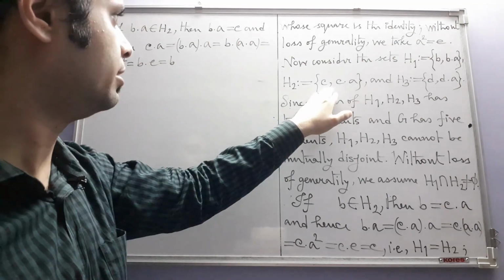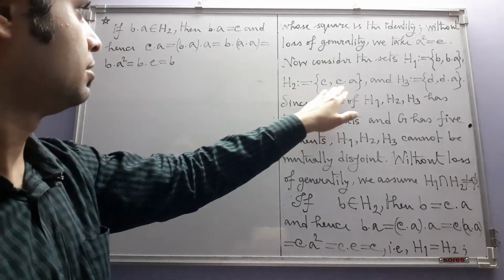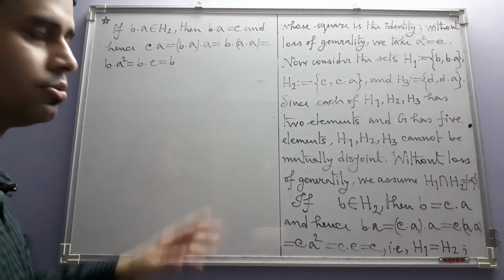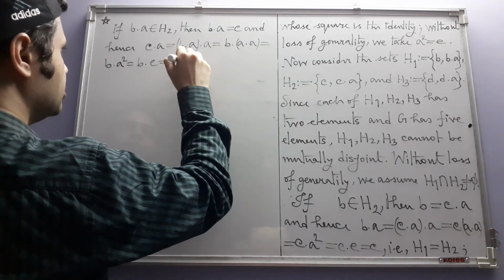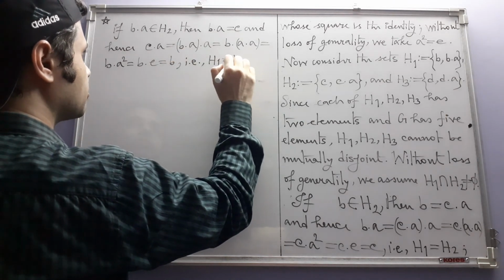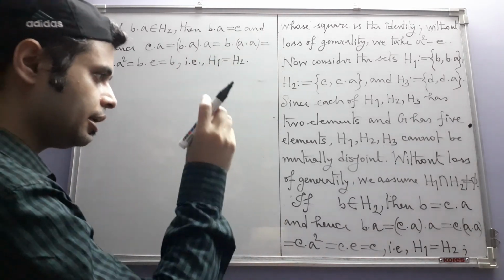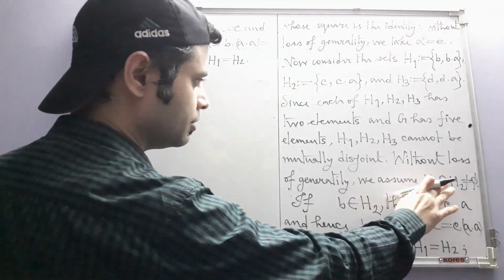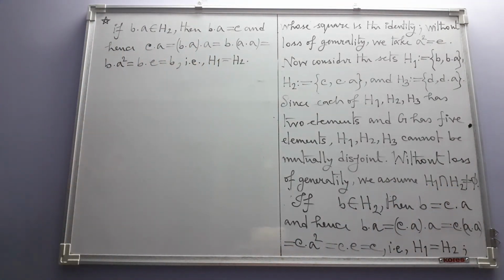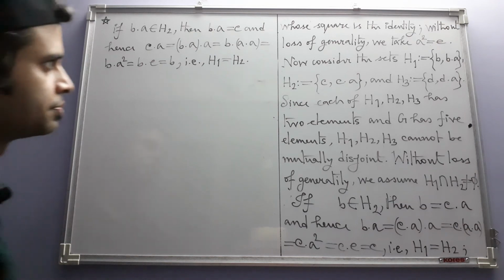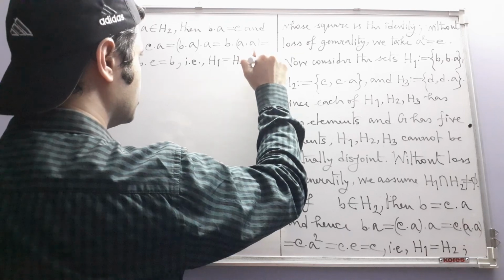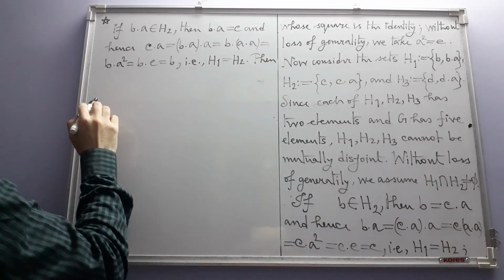B dot A is C, it has to be C, but then C dot A is B. So here also H1 and H2 are equal, that is H1 is equal to H2. So in any case, this assumption is leading us to the conclusion that H1 is equal to H2. Okay. Then, or this